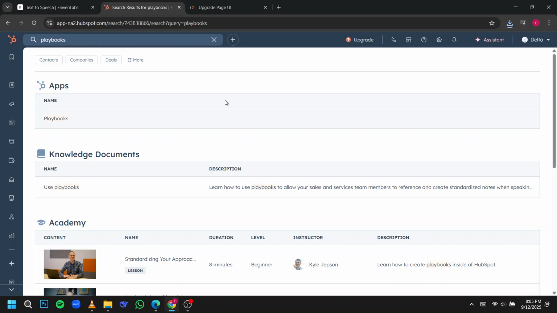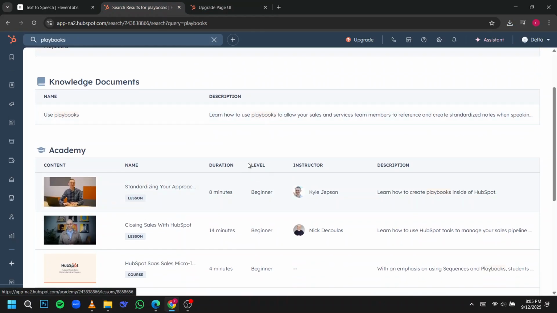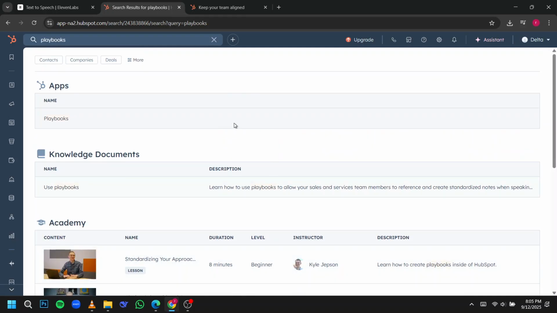You've successfully created a new record from within a HubSpot playbook, making your workflows more efficient and your data easier